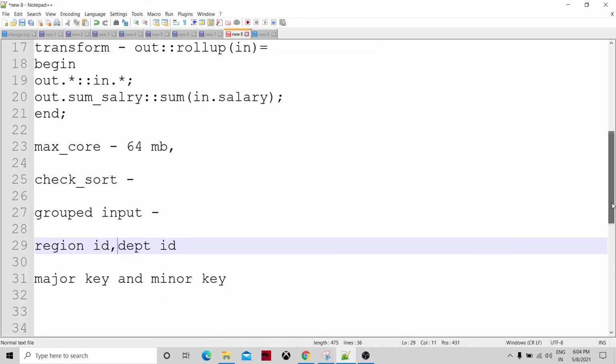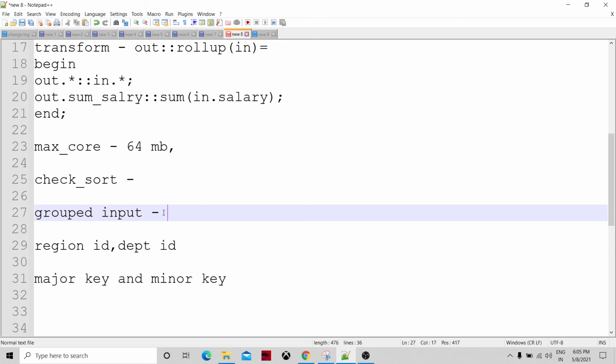I have to calculate the summation of the salary based on department ID within the region. And I do not have sorted data on both keys, region ID and department ID. Unless we have data sorted based on region ID and department ID, we cannot achieve that summation of the salary based on department ID.